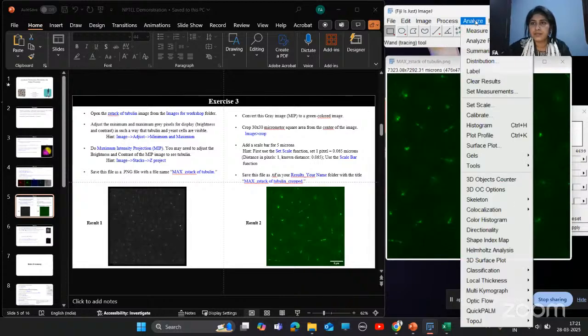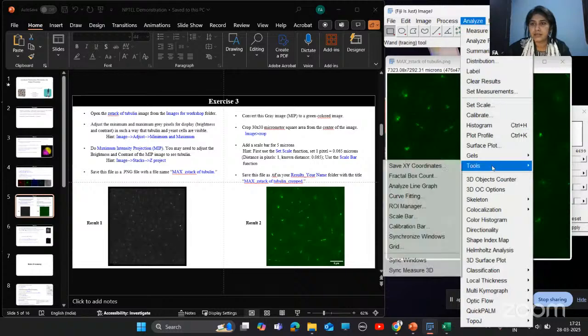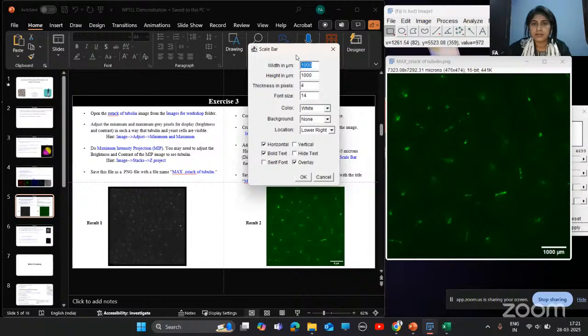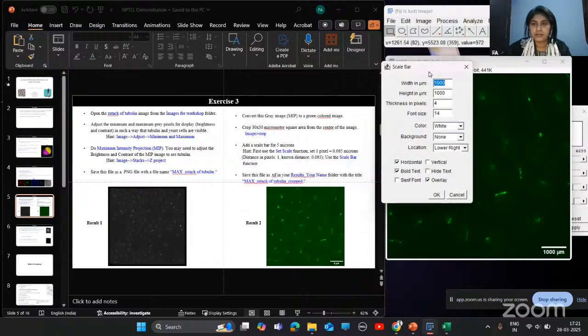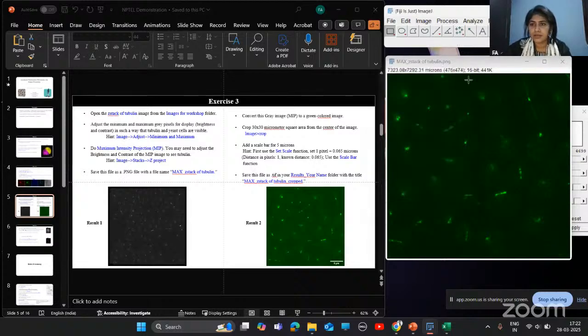And then again you need to go to Analyze, Tools, Scale Bar. Okay, so set scale is wrong, I think.